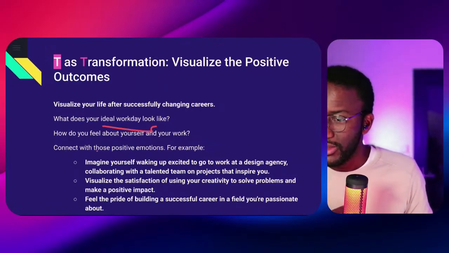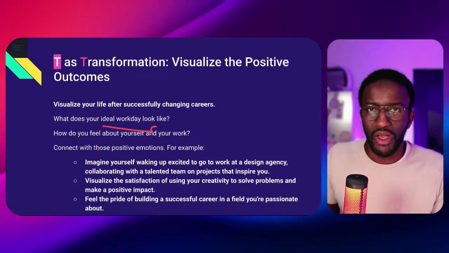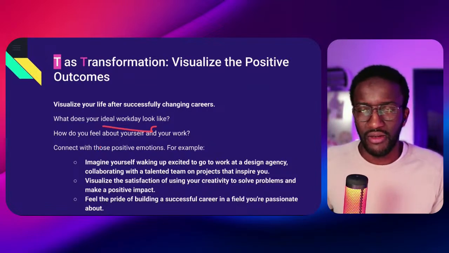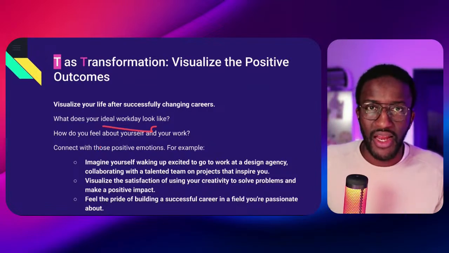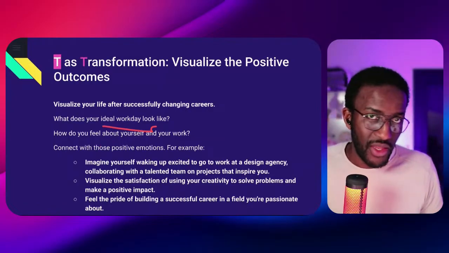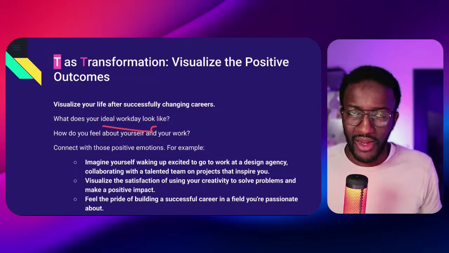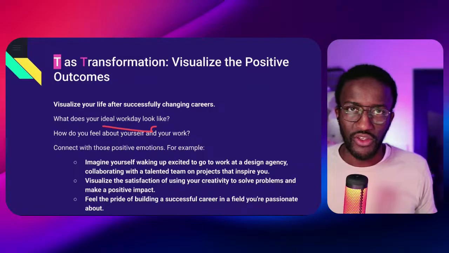How do you feel about yourself and your work? Maybe in your ideal situation, you are a nomad. For example, me, I like to be in places where it's warm because I'm from Senegal. I don't want to be in cold spaces. For example, last week for work, I was in Germany, in Hamburg.